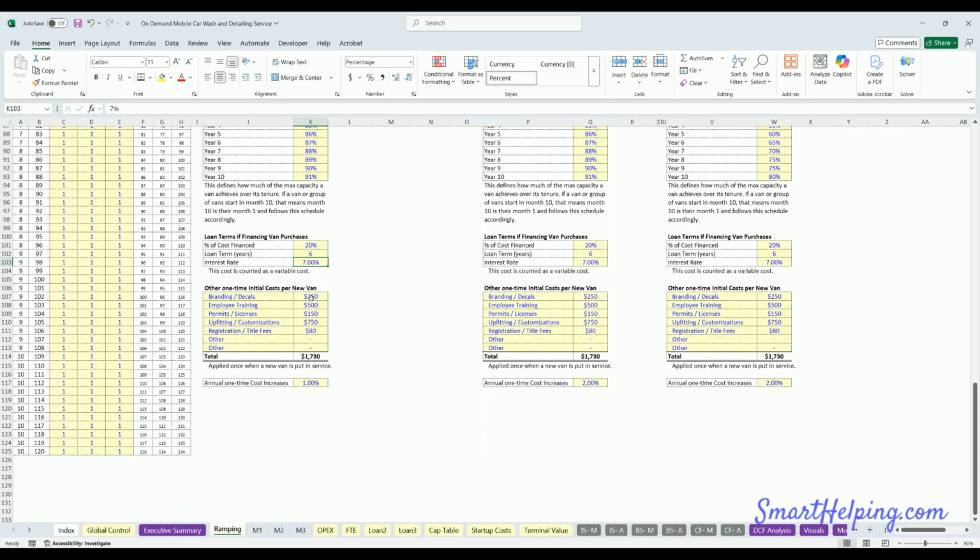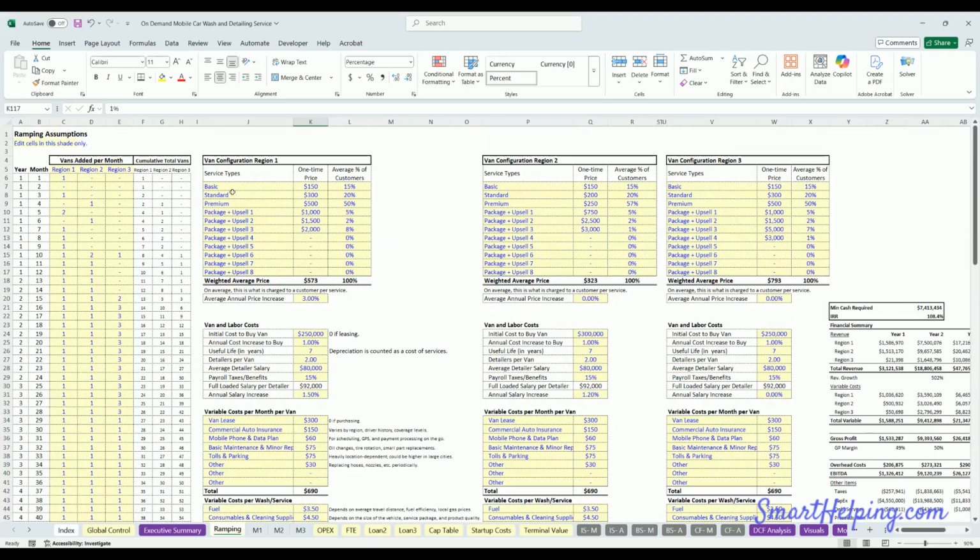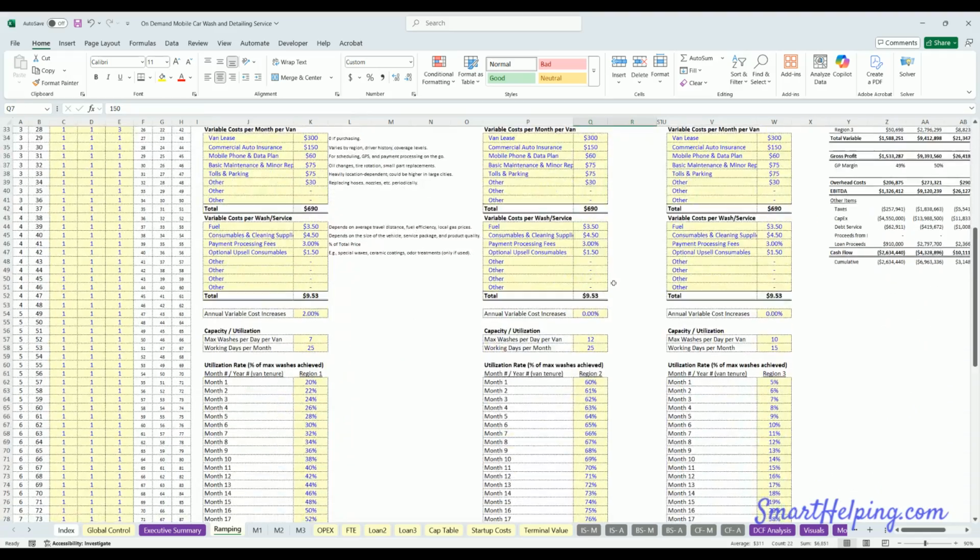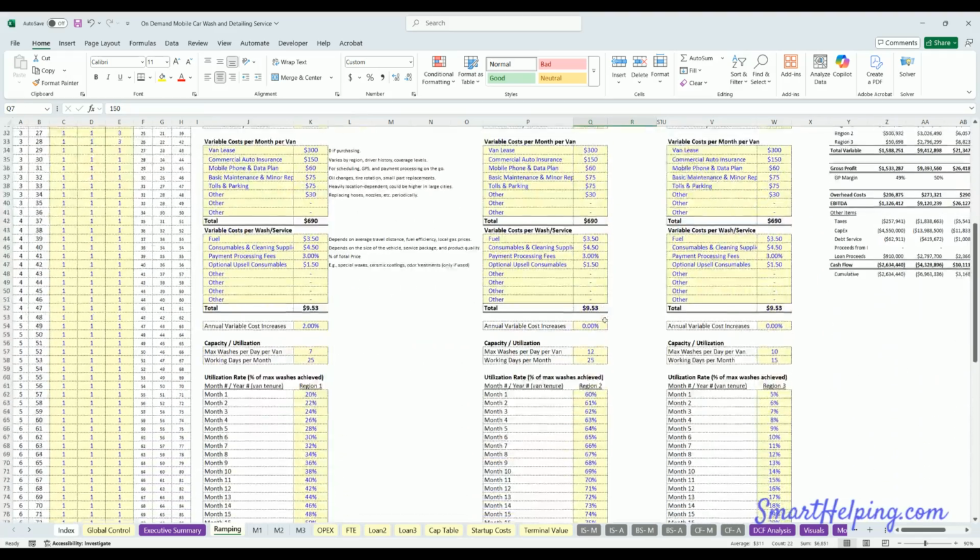And then finally, every time you get a new van, there might be some other one-off costs: branding, decals, permits, whatever, what have you. These are all deductible expenses, and they hit immediately when a new van comes online. They're also subject to an annual percentage increase here. So those are the configurations for region 1. They're the same for region 2 and 3. You could put whatever numbers you want in these assumptions, but the layout is exactly the same as far as